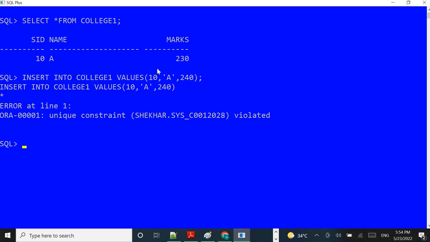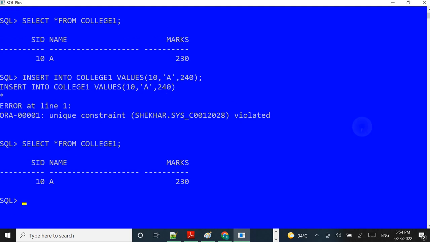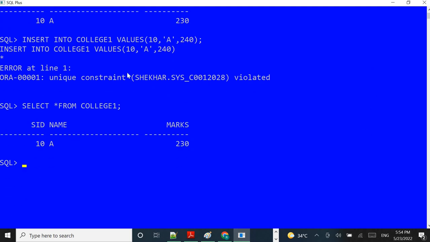So let us see whether this row has been inserted or not into this college one table. Yeah, here we have only one row, so we didn't insert it. That means we couldn't insert 10 comma A comma 240 marks as a second row of this college one table. Why couldn't we insert this row? Because 10 and the name A are already inserted in this